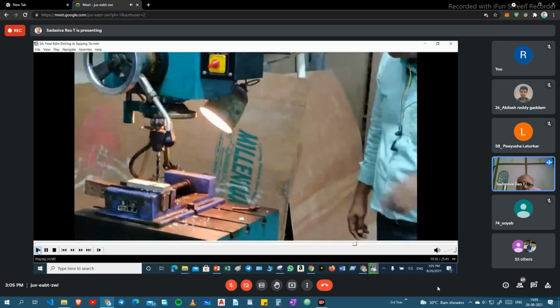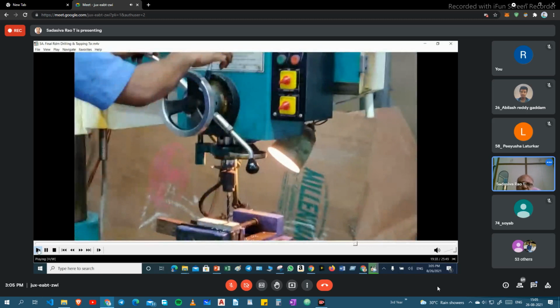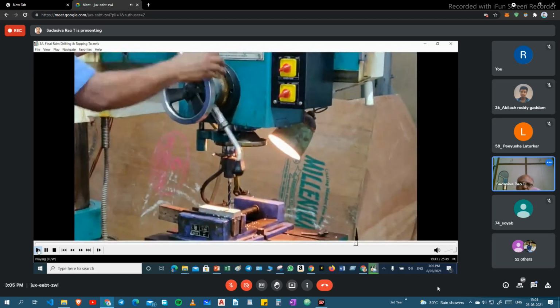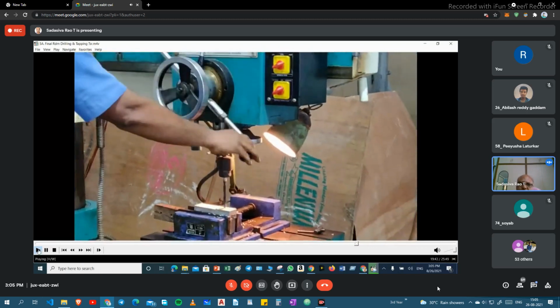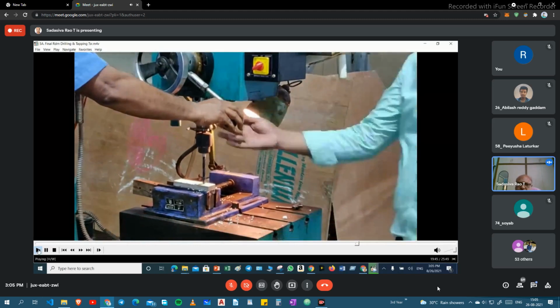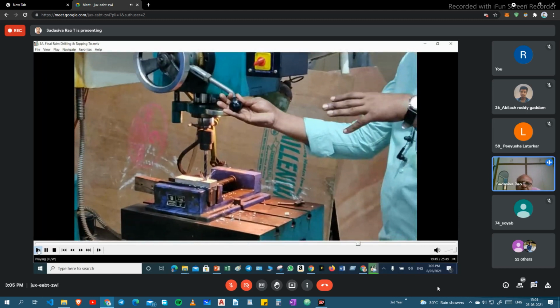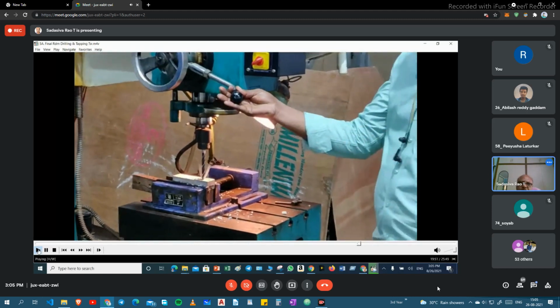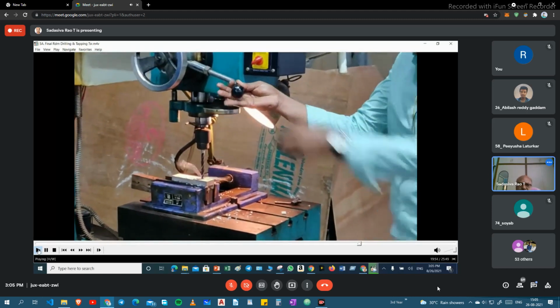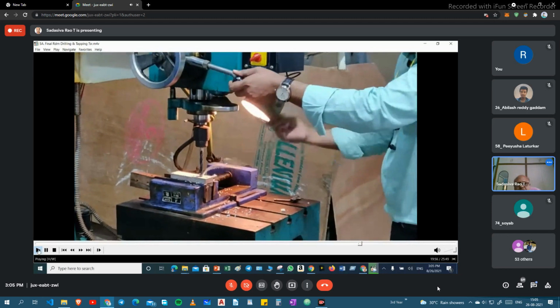For another hole, the second hole, he is making. If I rotate this handle slowly, that is for depth of cut inside the workpiece.